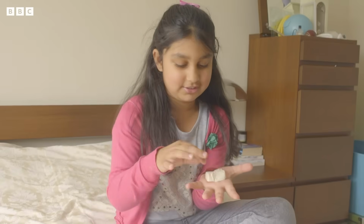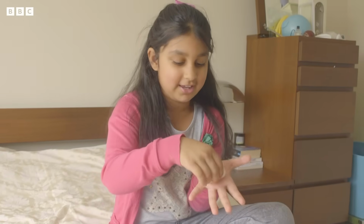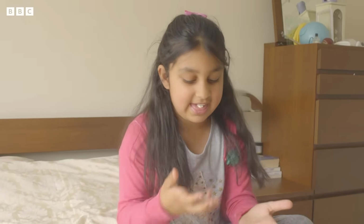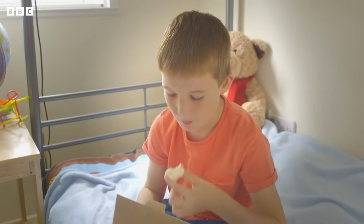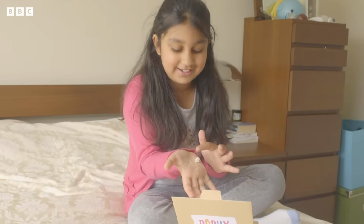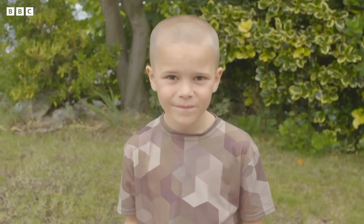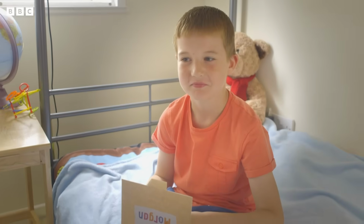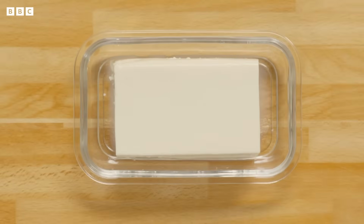What's that? It's all squishy. It's tofu. No one seems very keen on tofu so far. Tastes soggy. I don't want to eat any more of it. It's disgusting. Let's see if Larry can change their minds, because it's one of the main ingredients in his tofu,